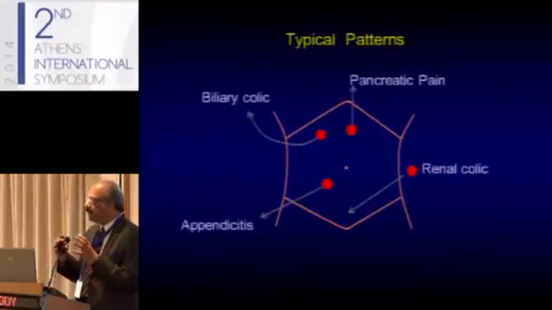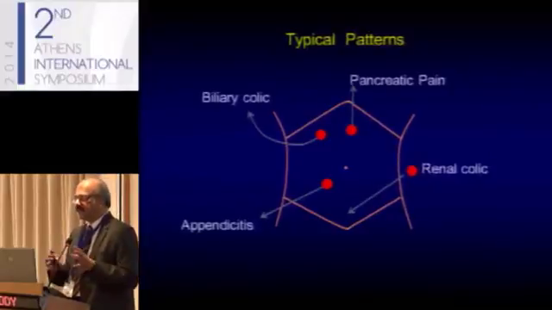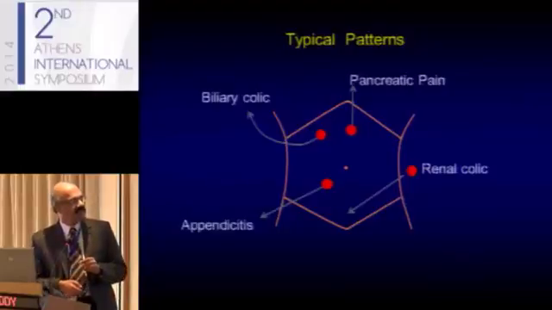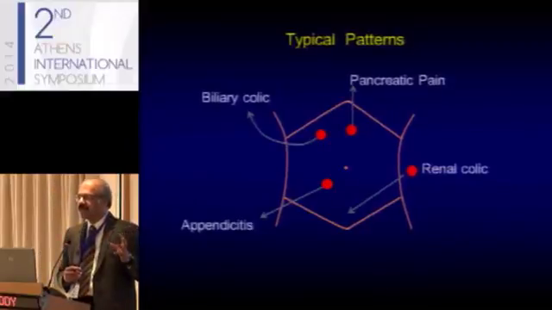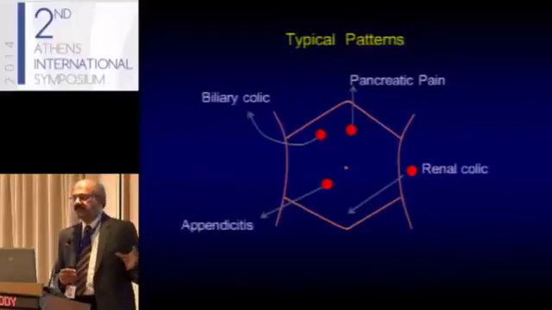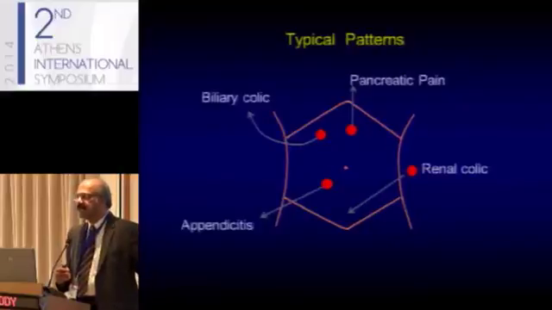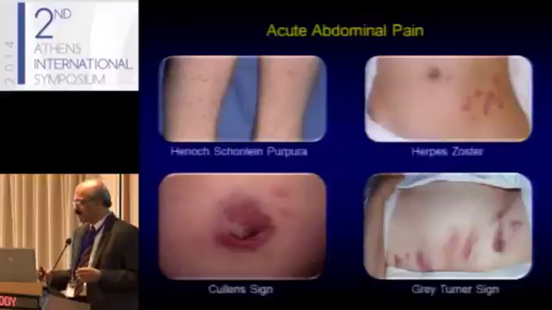There are also certain very typical patterns of acute abdominal pain which give you the diagnosis at the bedside. You don't require any investigations. Classic examples are renal colic starting in the left loin coming down, appendicitis starting in the periumbilical region coming to the right iliac fossa, biliary colic radiating back, or pancreatic pain going back. So all these are classical descriptions, and many of the patients who come with these illnesses have this pattern of presentation. So if you look at the chronology and this typical pattern, very often just by the history you come to a diagnosis of what potentially is the cause of pain.